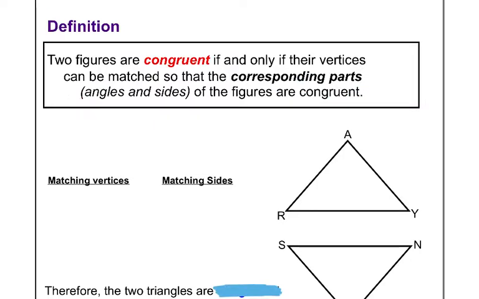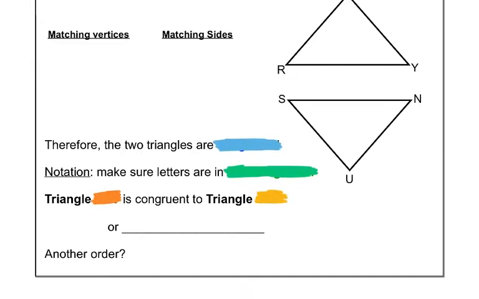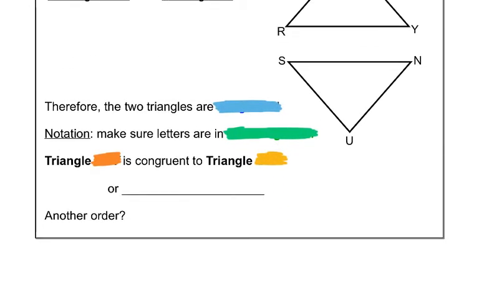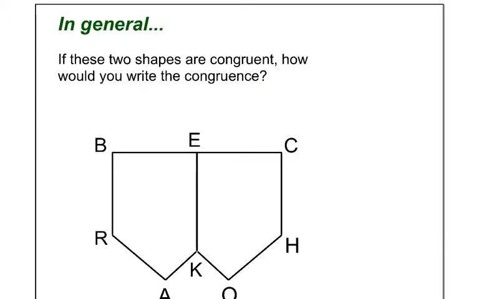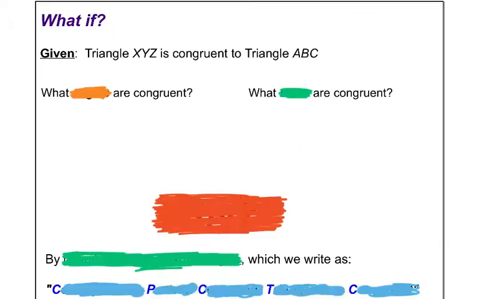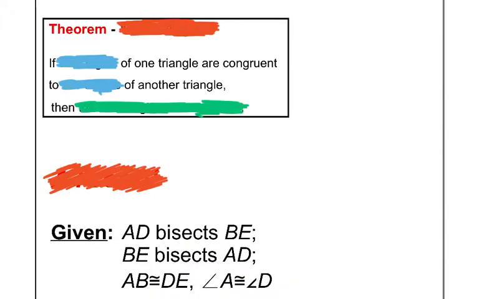So with triangles, that means we had 3 pairs of sides and 3 pairs of angles that were also congruent. And then we learned how to write the angles and the sides, and overall, how do you write congruent triangles? Make sure the letters are always in order. And we got to the end, and we ended up with this last theorem here,